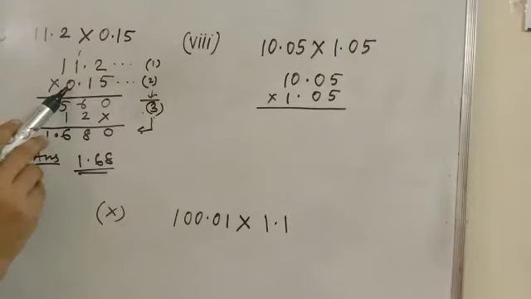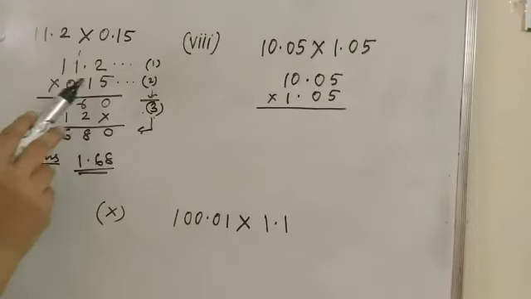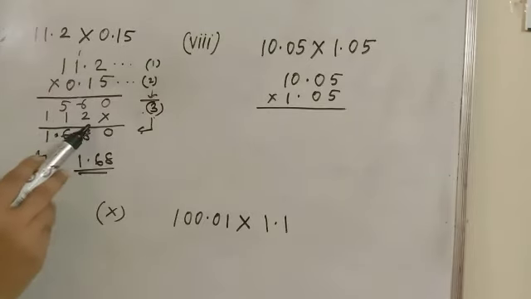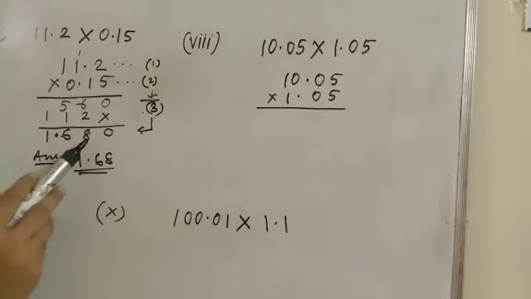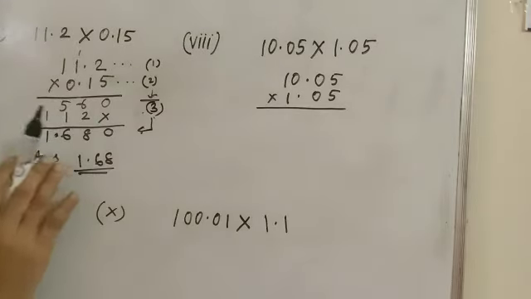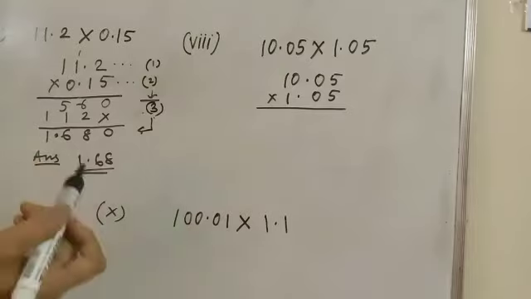Though 0 was there, I have not multiplied it because you know that if you multiply 0 with anything, the result is 0, and 1 times anything stays the same. Actually the result will be this only. That's why I have not multiplied. But if you want to multiply, you can do this also. Come to the next question.